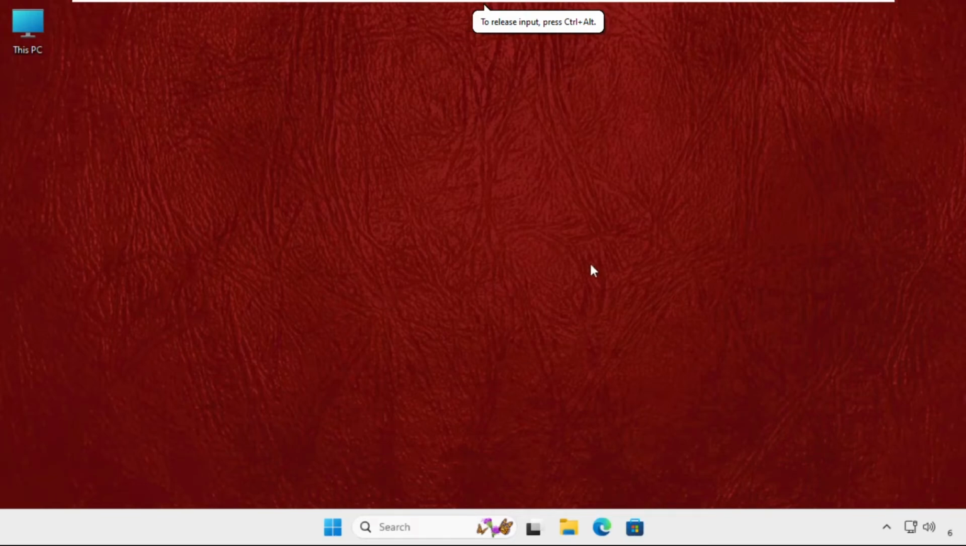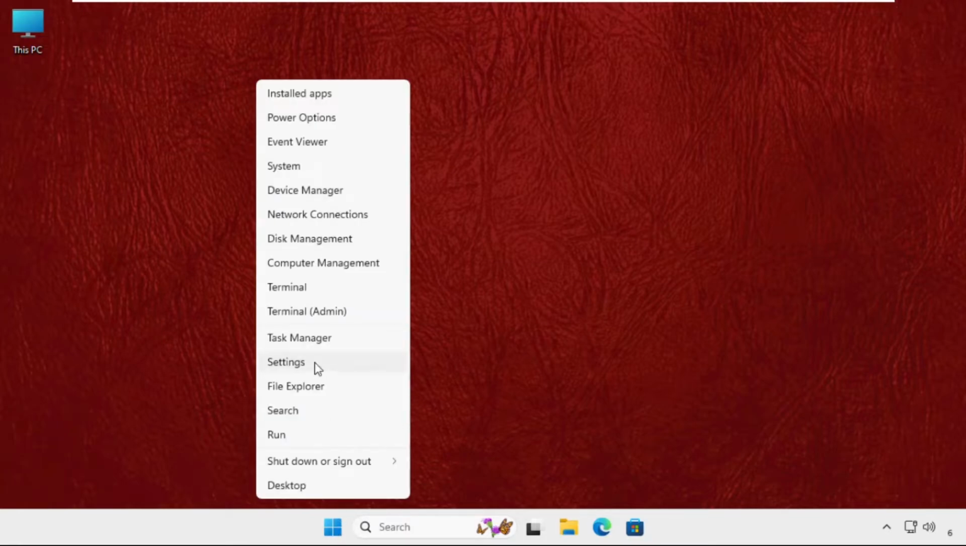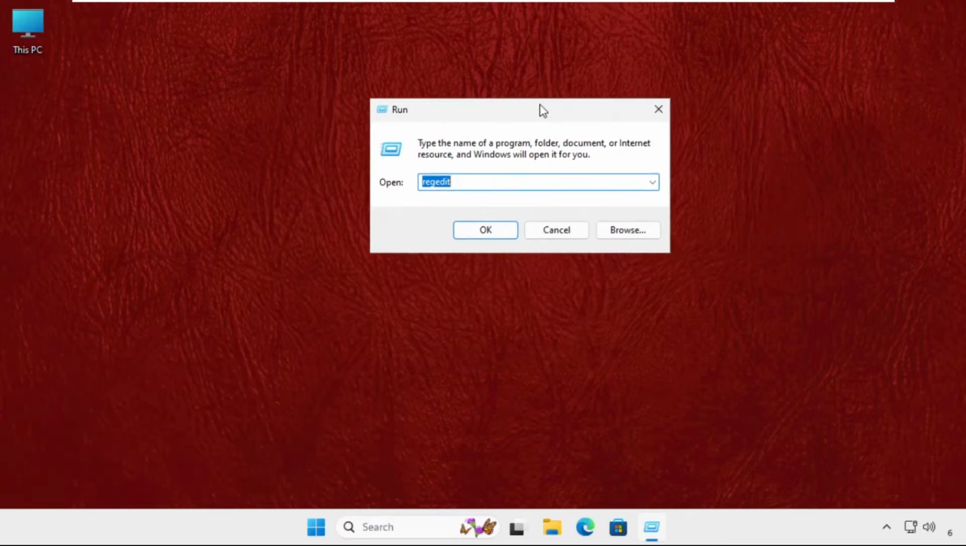Hey guys, I will show you how to fix this problem on Windows 11 operating system. It's very easy. First of all, we have to right click here, then select run, and we have to type